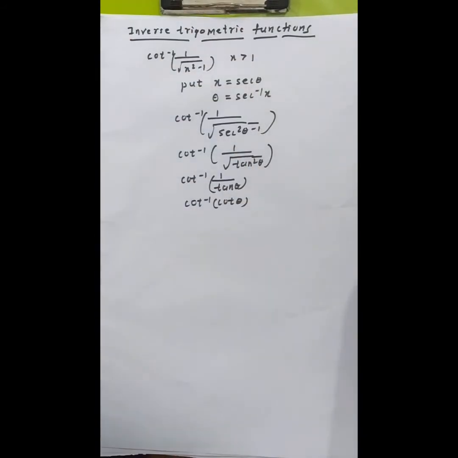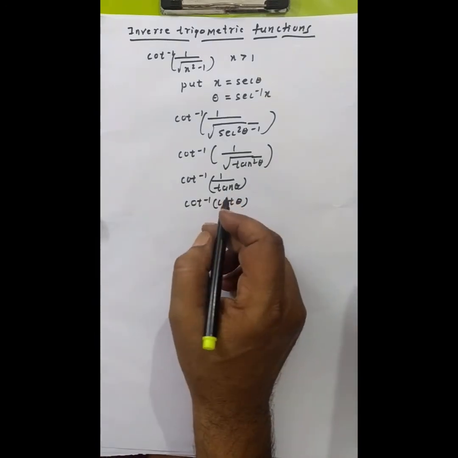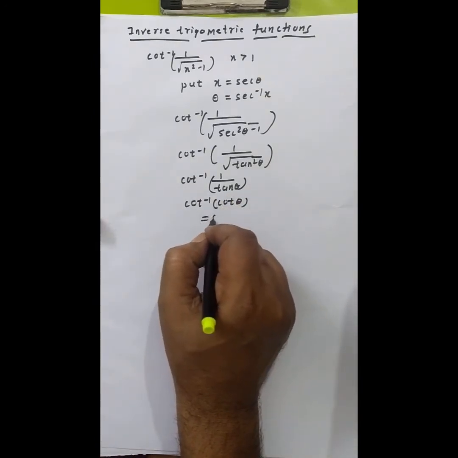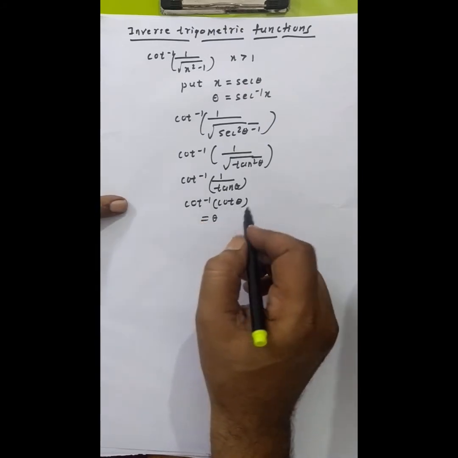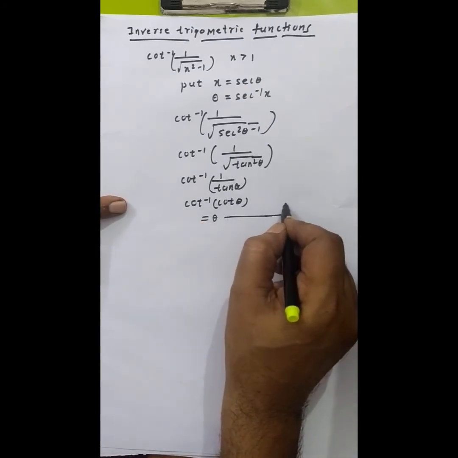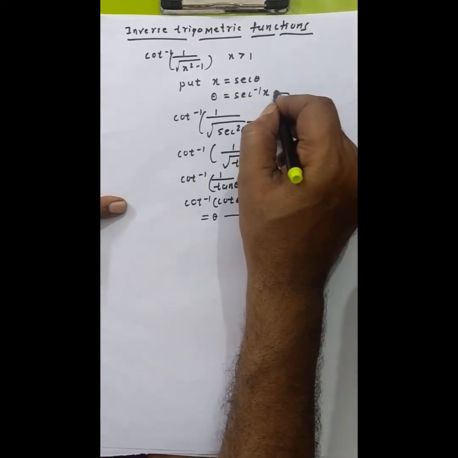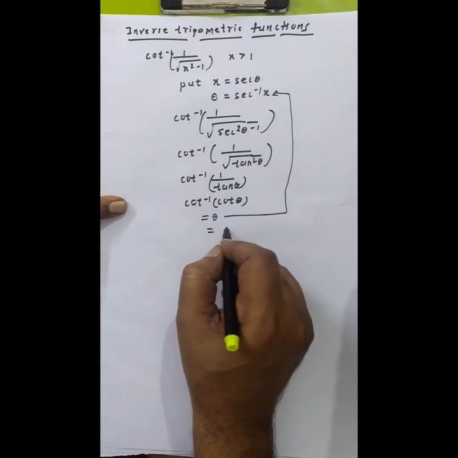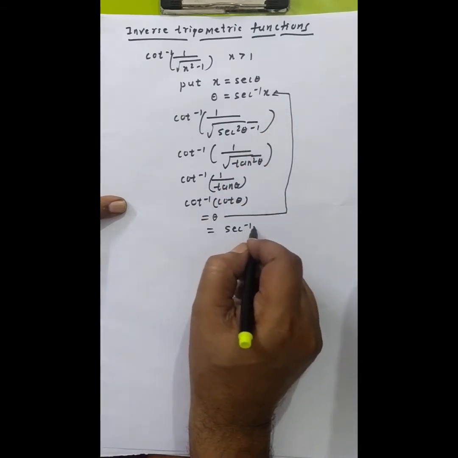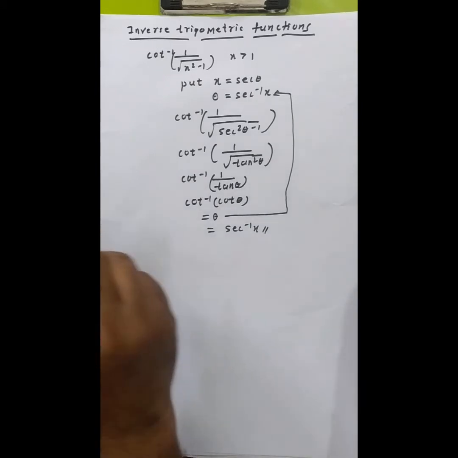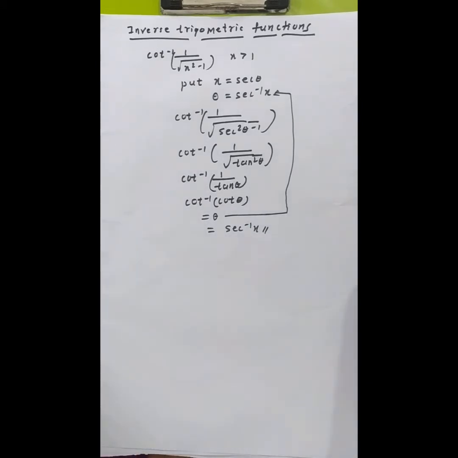So cot inverse of cot theta is like cot inverse of cot y. So what is cot inverse of cot y? Cot inverse of cot y is y. So cot inverse of cot theta will be theta. But what is theta? Theta is sec inverse of x. Therefore this becomes sec inverse of x, which is your simplest form. Next we'll go to